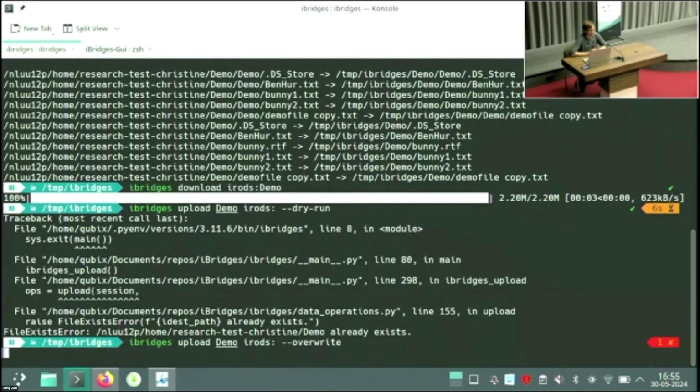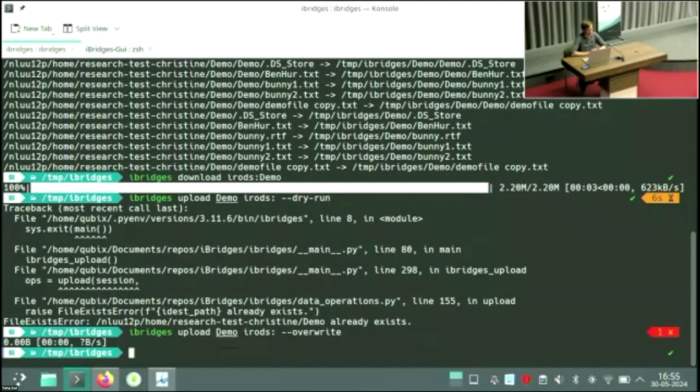So if you say, hey, I really want to overwrite this, then do it. But actually you can see not really anything has happened. The reason is that it checked the checksums of both the local files and the remote files, and it said, hey, they're all the same, so what's the point of transferring all this data? I think maybe now it's good to have some questions.